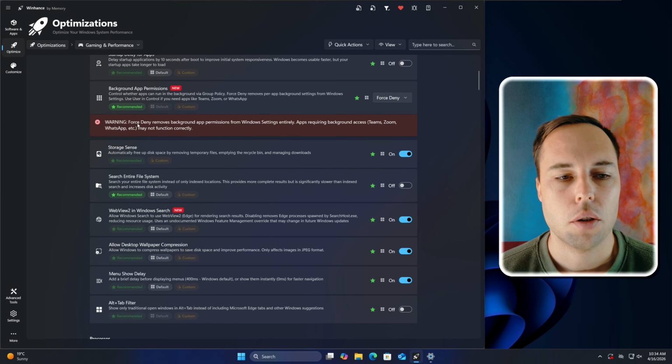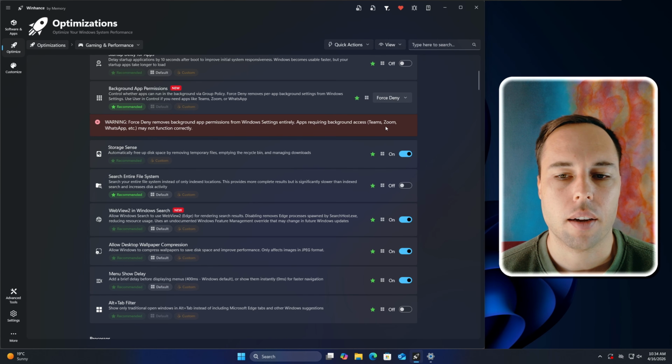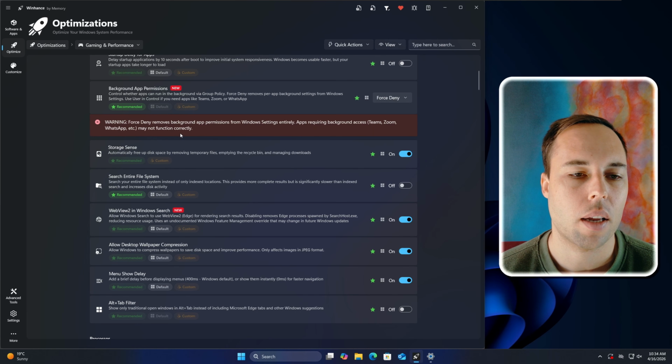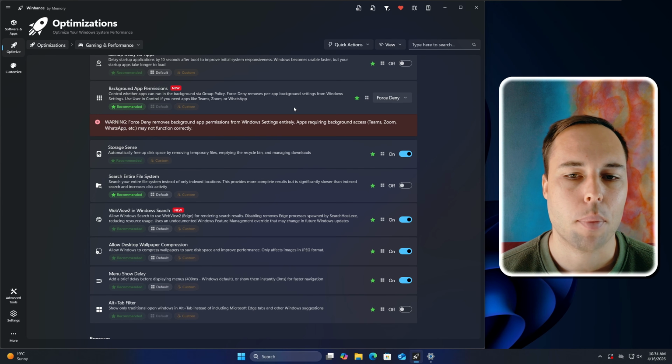And you'll see this warning here tells you that the force deny option removes the background app permissions from Windows settings entirely. So apps requiring background access like Teams, Zoom, WhatsApp, etc. may not function correctly. So if you're someone who uses WhatsApp, for example, and you set this to force deny, you're not going to be getting notifications from the WhatsApp desktop app anymore because it can't run in the background.